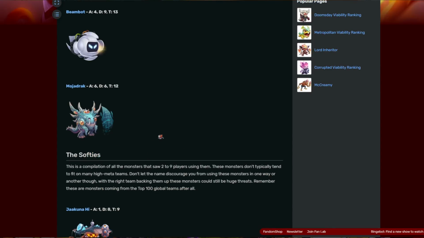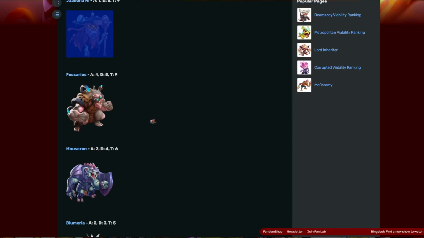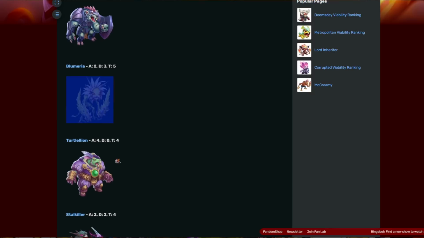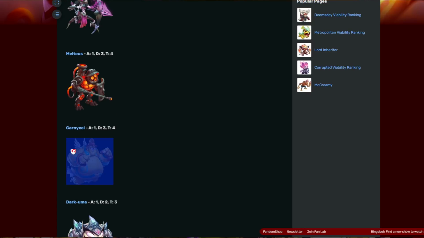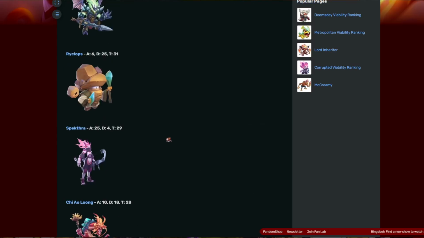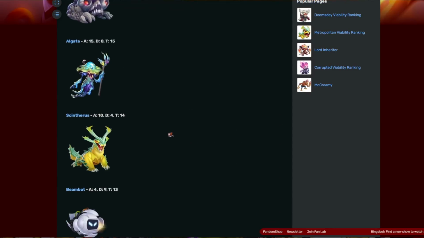We have Mojack. This is a monster that has Taunt and can res. Jakuna High, Dodge Area monster. Mega Taunt. Look at Mouseron, how low he is now. Bloomeria, Anticipation. Taunt monster. Pierce monster. Artifact? Garnixel, how are you so low? I would imagine Garnixel would be more than